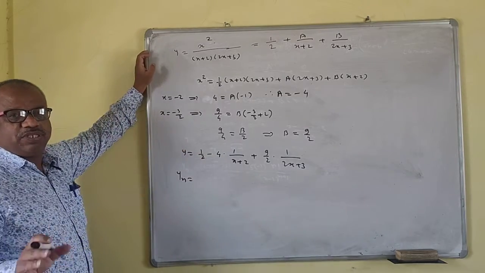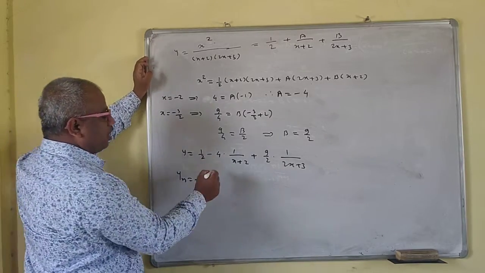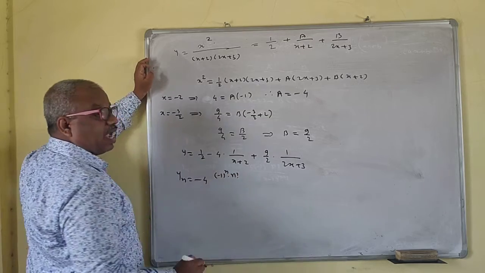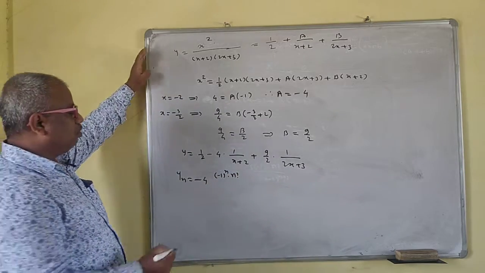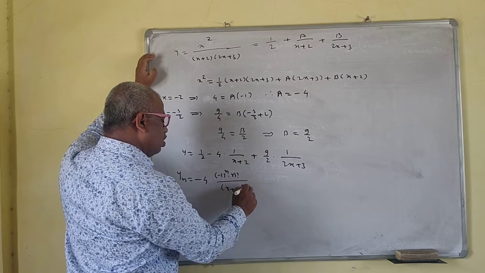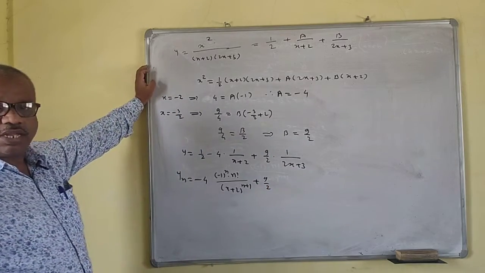So derivative of half will be 0. The first derivative is 0. This minus 4 as it is. This is 1 upon x plus b. So minus 1 raised to n factorial, a raised to n. Your a is 1 now, so no need to write 1 raised to n. So this is what? X plus 2 raised to n plus 1. Plus 9 by 2 as it is. It is constant. It will be as it is.